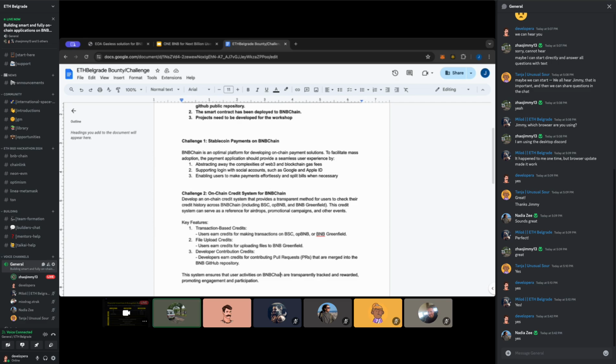You can also have other innovative solutions or projects on the BNB chain. The key point is that if you build your application or project on the BNB chain, that will be acceptable for this workshop. These two focus areas are just to give you a reference.